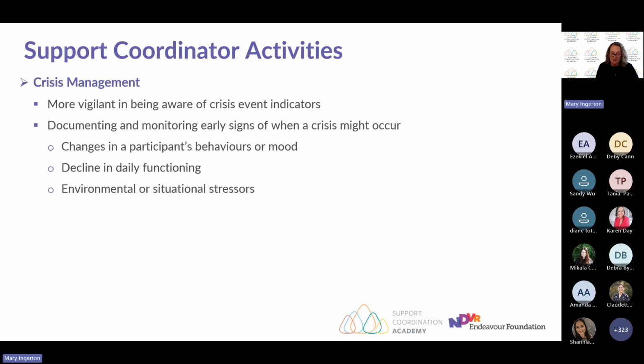So in summary, there are increased responsibilities for support coordinators around building the capacity of participants to understand how to manage the funding periods within the NDIS plan. But the overall activities currently completed by support coordinators won't change. It's more the level of complexity of those activities that we do. So we're just going to have to delve a bit deeper and be a lot more proactive.